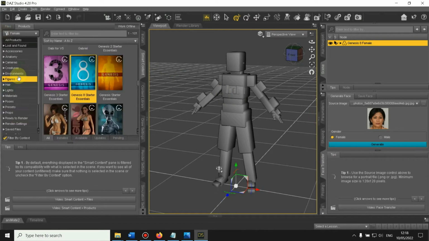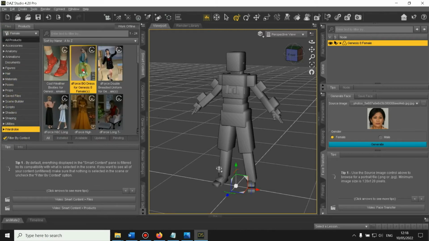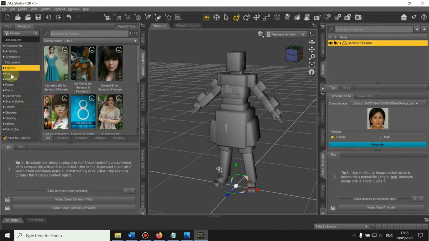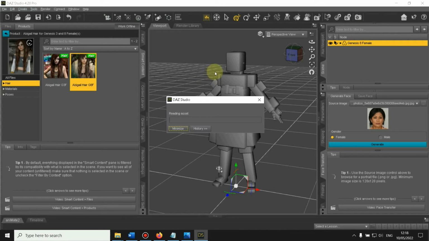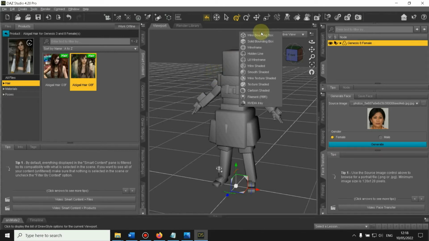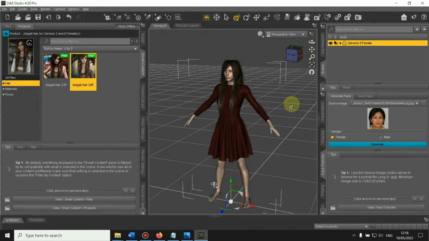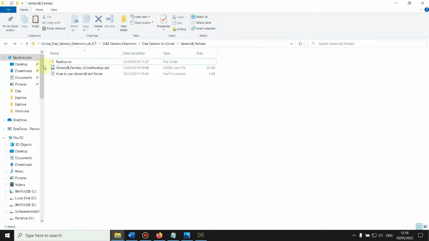So you've got the Genesis 8 female there, and then you just put in the wardrobe, the clothing. Sorry, I'm just going to put in that clothing as usual, and I'm just going to pop in the hair. I'm just going to stick any hair on. Good job. Okay. Right, and once that's done, we can safely go into texture shading mode. We can see the character on the actual screen, and all we have to do now is we just need to make sure that's clicked, okay, and so this character is all selected, and then all we need to do then is go back into the morphs folder, the Genesis 8 extension folder, and then we just find this Genesis